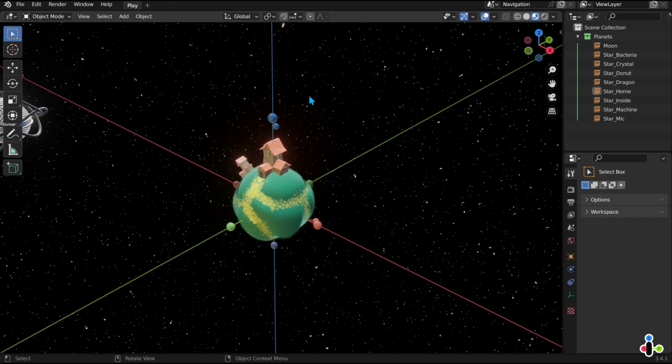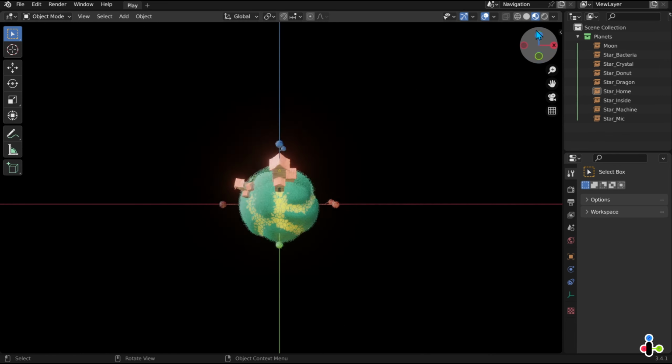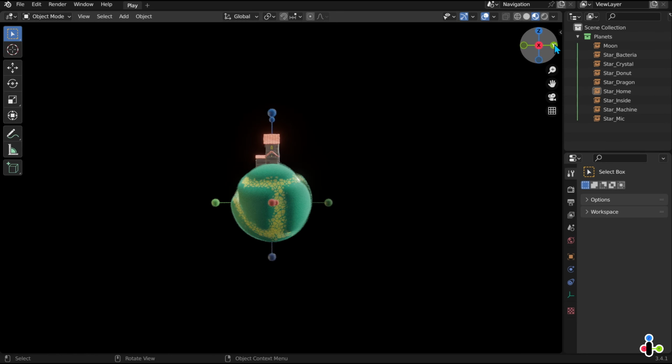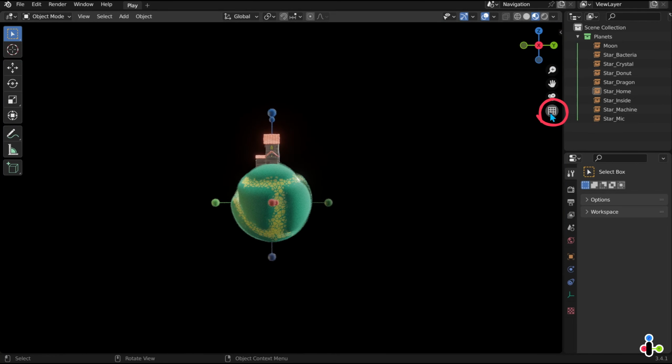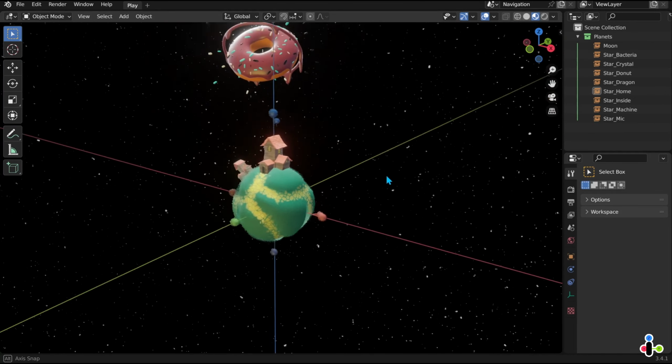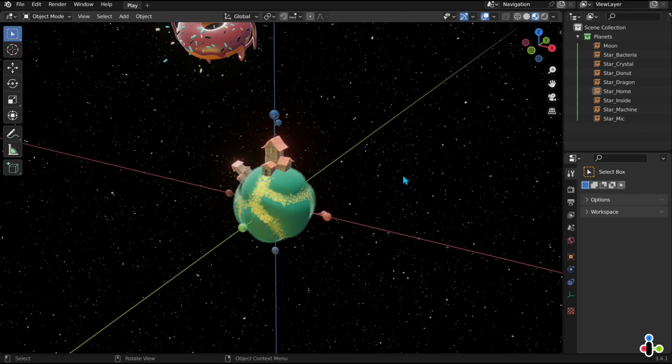Often, we may want to view from a specific angle, and for this we can simply press a certain axis on the gizmo. Front, top, right. Note that when we view a specific axis, we have no perspective. But this can be changed by clicking the grid button, which is the last button in the line, with perspective, without. If we move our view, we will be in perspective view again.